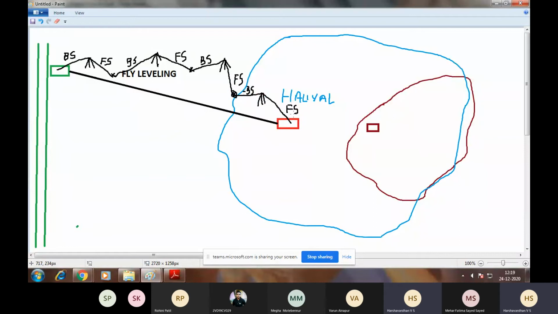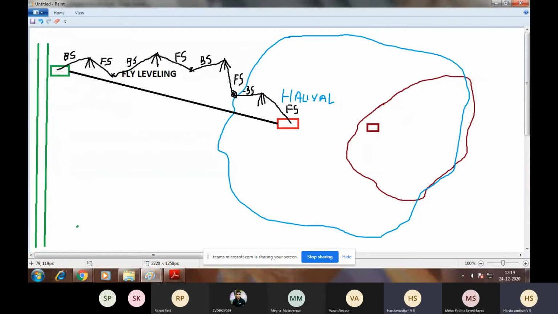There is no intermediate sight here. My intention is to shift the benchmark from this point to this point, so I don't want the RL of any other point. That's why there are only backsights and foresights.